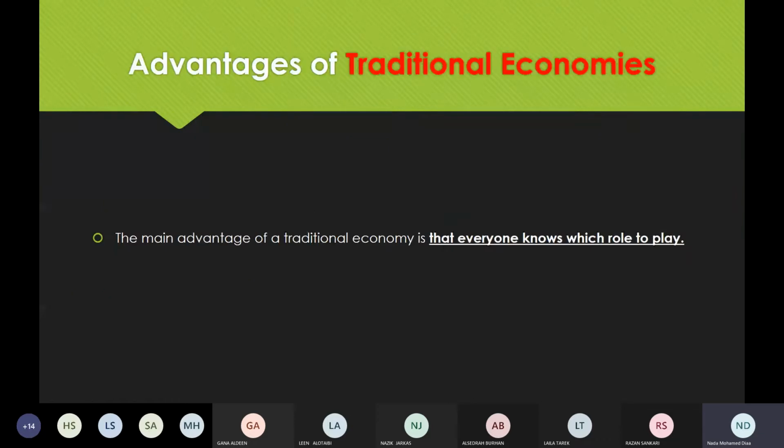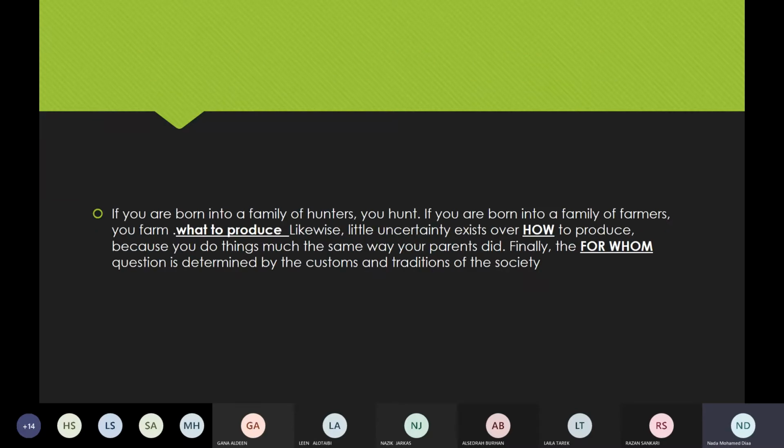Okay? The advantages. What is one good thing about traditional economy? One good thing about traditional economy is that everyone knows which role to play. So if I am a woman, I know that I will teach students what to do. If I am a man, I'm responsible for hunting. If I am a man from another fishing family, I'm responsible for fishing. So this is an advantage of traditional economy. Then we go to